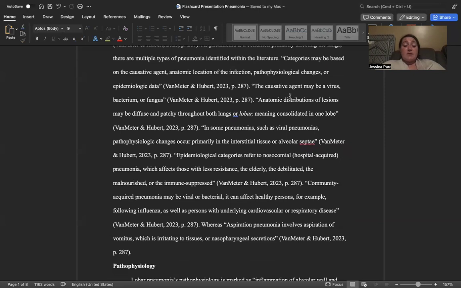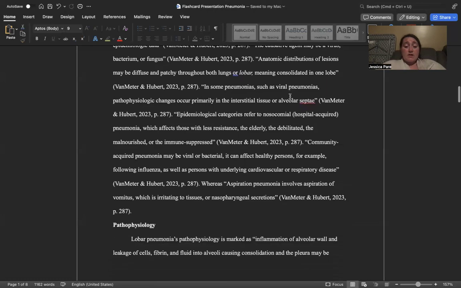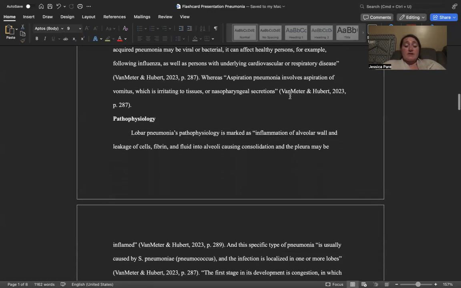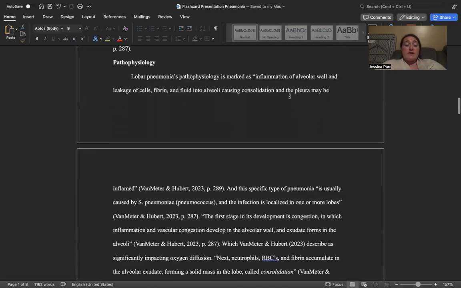It can affect healthy persons, for example, following influenza, as well as persons with underlying cardiovascular or respiratory disease. Aspiration pneumonia involves aspiration of vomitus, which is irritating to tissues, or nasopharyngeal secretions. As we move on, we're going to go into the pathophysiology of some of the pneumonias identified within the textbook,